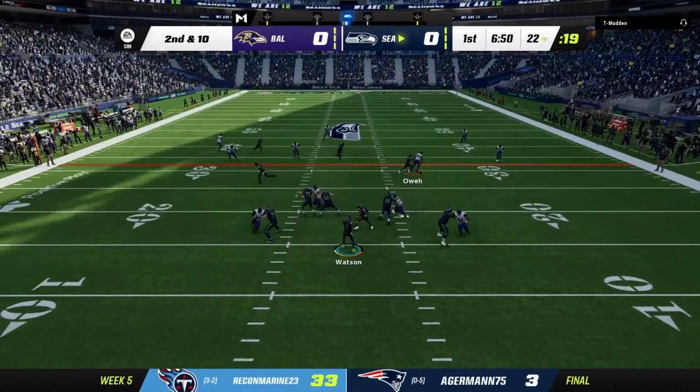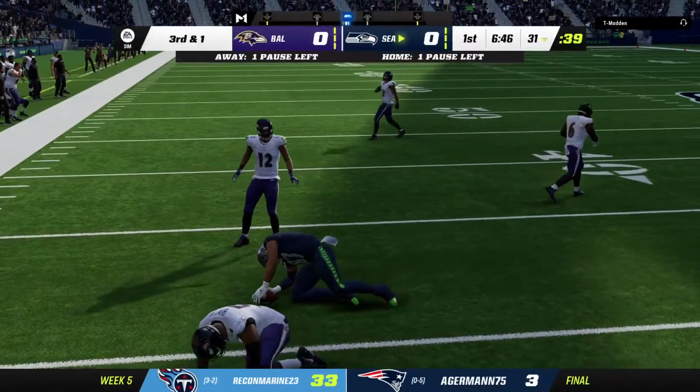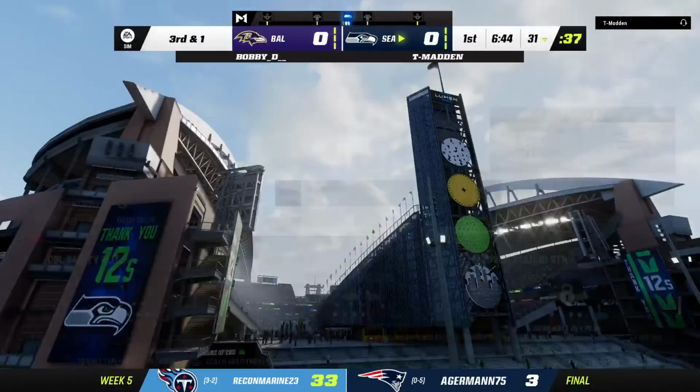Watson now to throw. Open man, that's Noah Fant, the tight end. 9 yards, not...